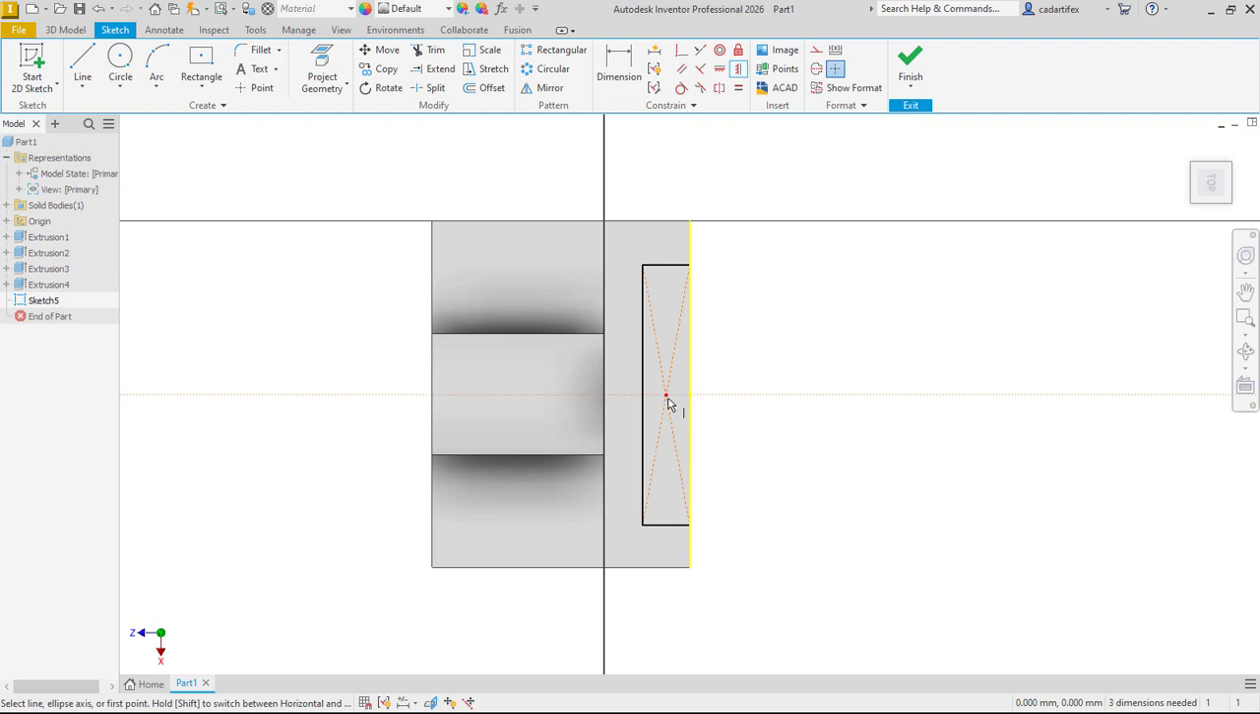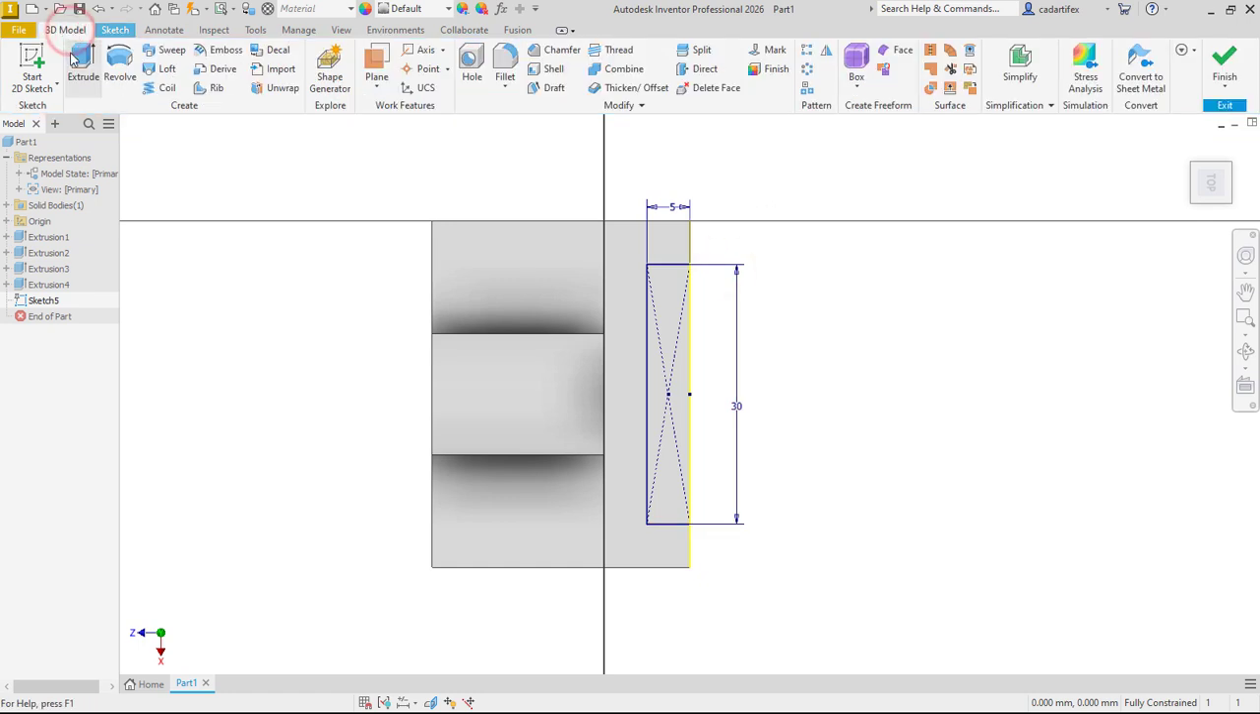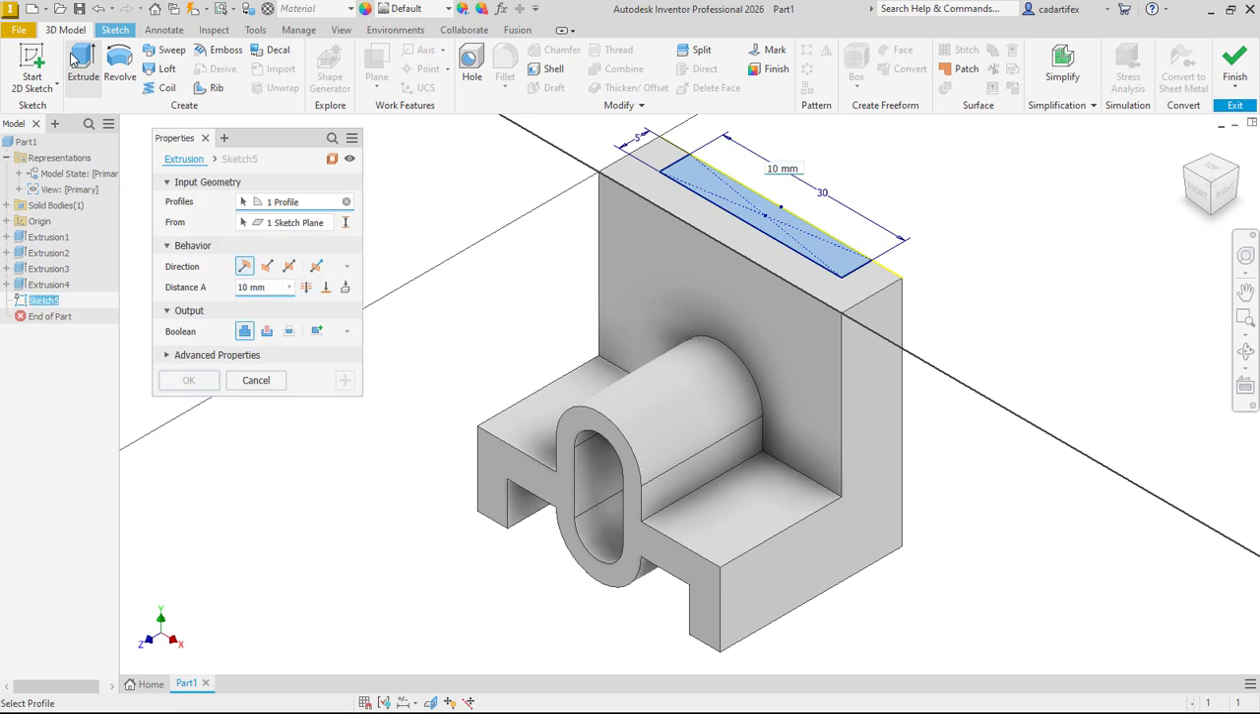After completing the sketch, you need to apply a vertical constraint between the center point of the rectangle and the midpoint of the projected line. And now you need to apply dimensions. Click on the Dimension tool and now give the dimension. This horizontal line is 30 millimeters, and this vertical line is 5 millimeters. After applying the dimensions, now click on the 3D Model tab, and then click on the Extrude tool in the